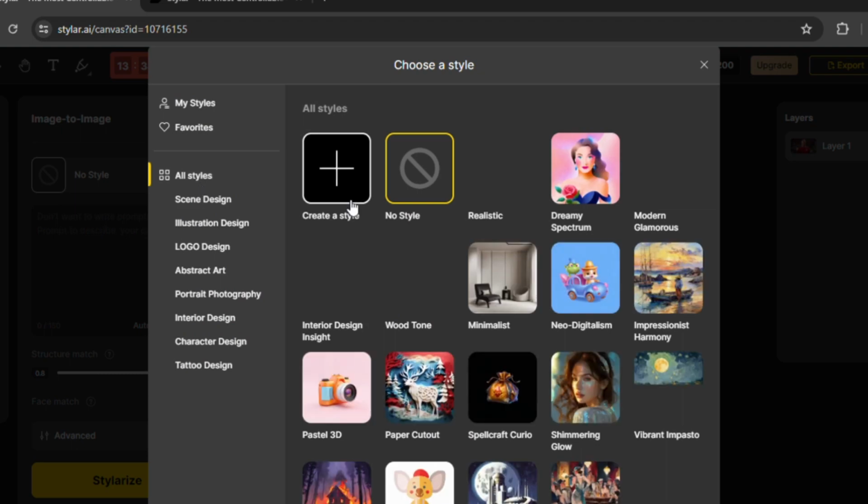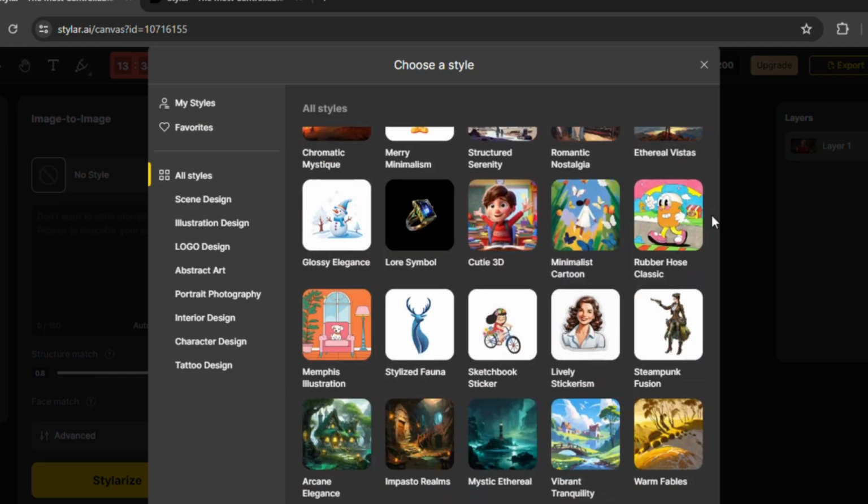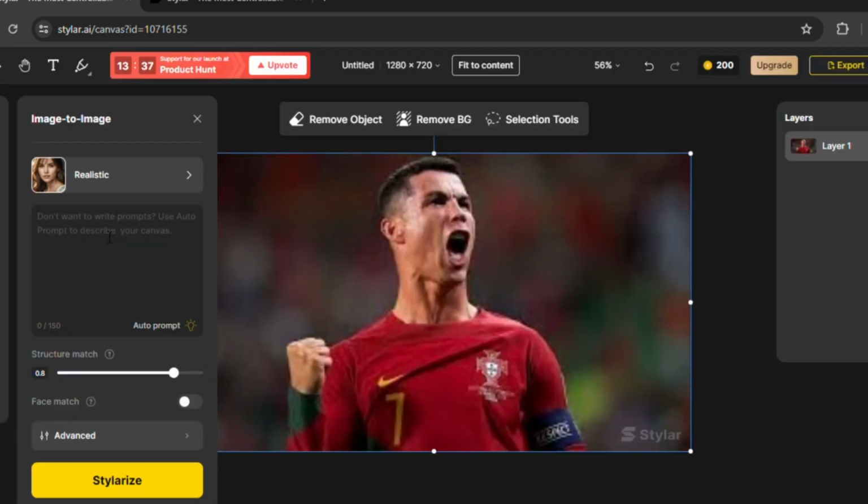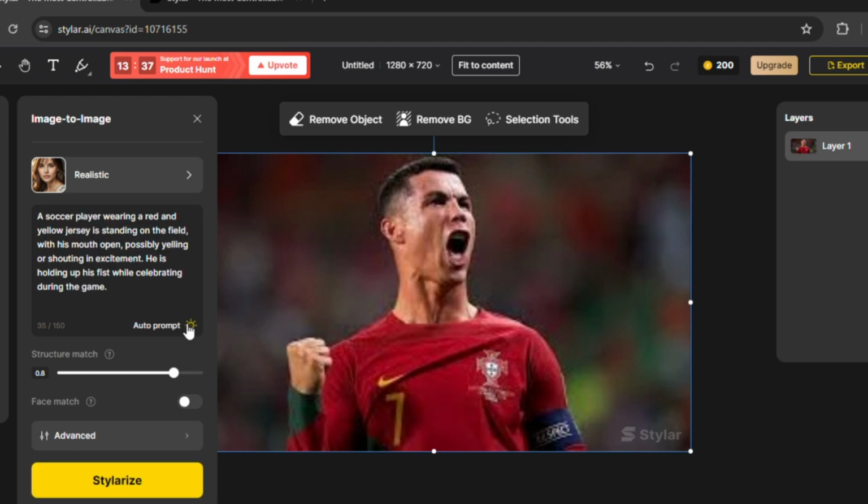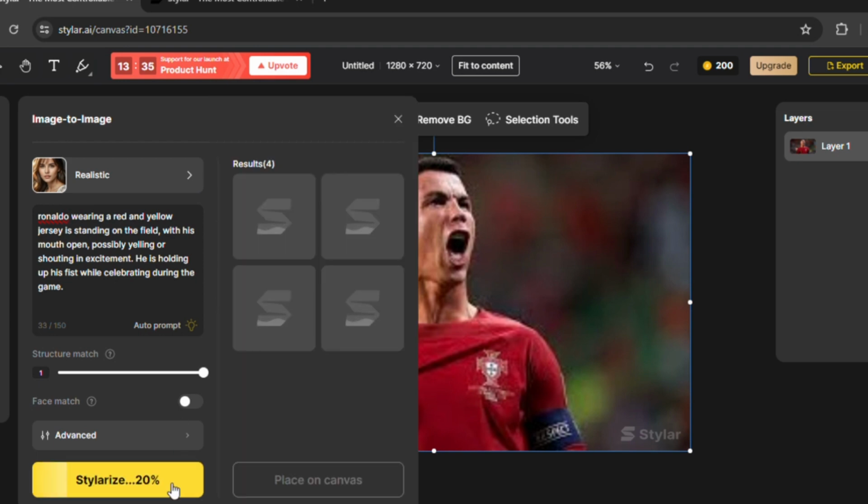From here, you simply choose any of the styles that matches your curiosity. Now we are going to instruct Stylar AI by adding a prompt based on the image we have right here. Wait, there is no need for typing a prompt. Stylar AI is going to generate a prompt based on the image we have, and hola, it just did. And you kindly increase the structure match option so it can actually fit the image we are to create. You simply hit on stylize and watch this AI generate its magic within a speed, and boom, we have multiple